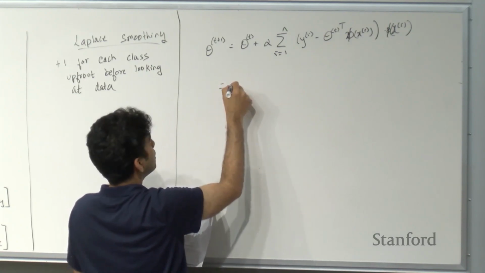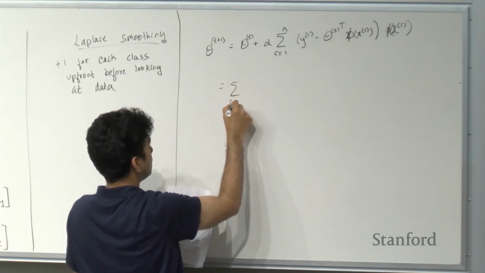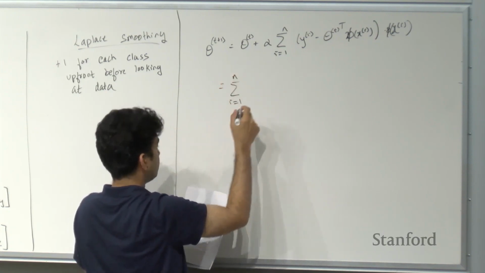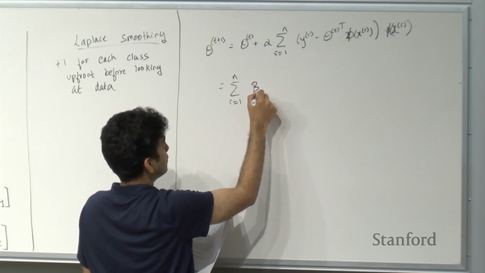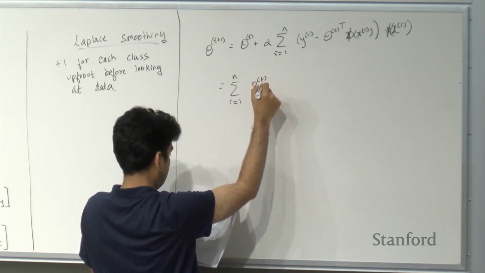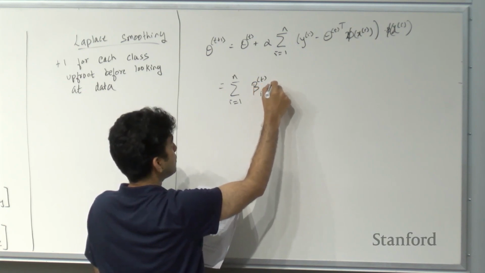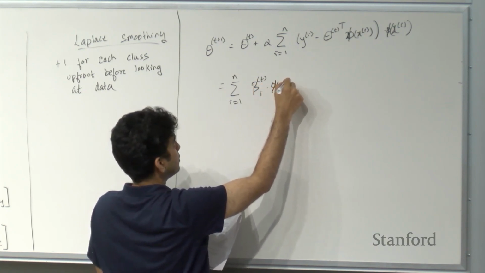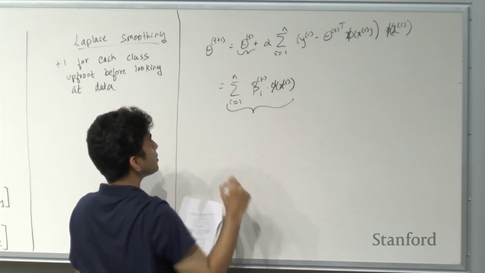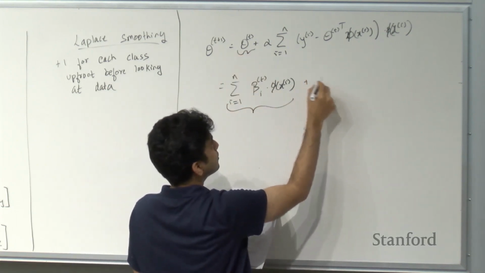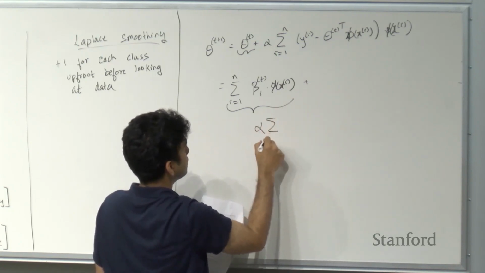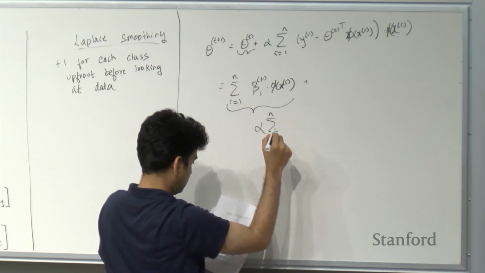So theta t by induction we can write as a linear combination, the sum of beta i of t times phi of xi. So this is this, plus alpha times the sum from i equals 1 to n